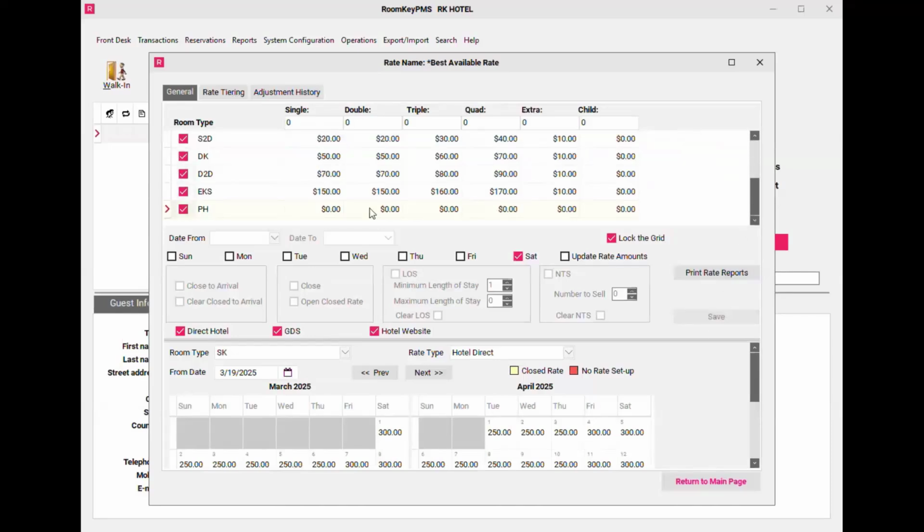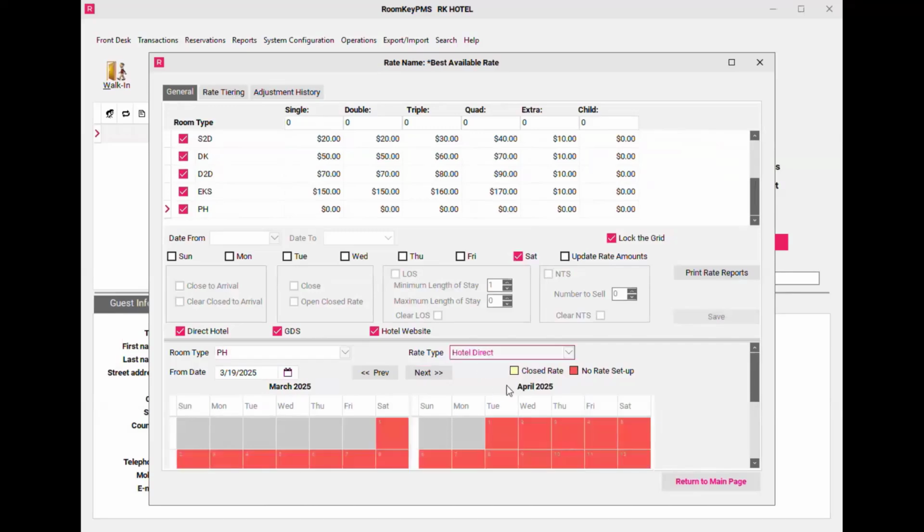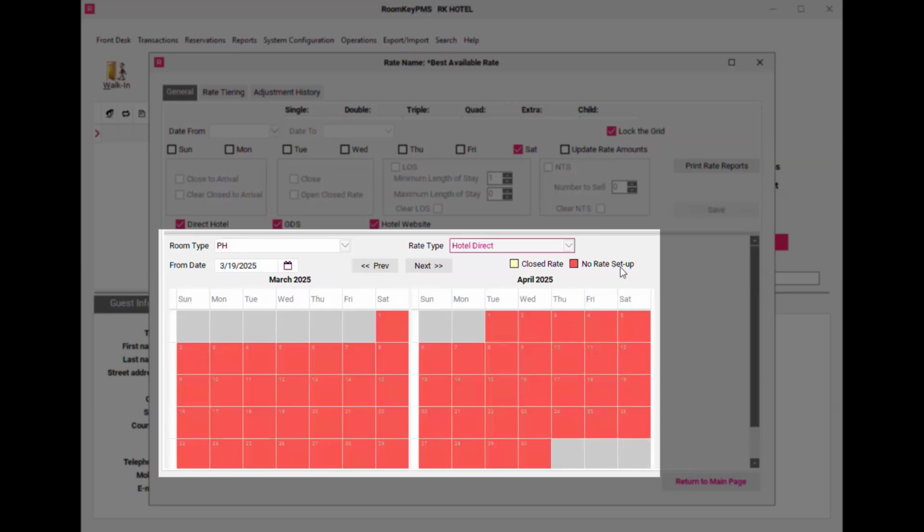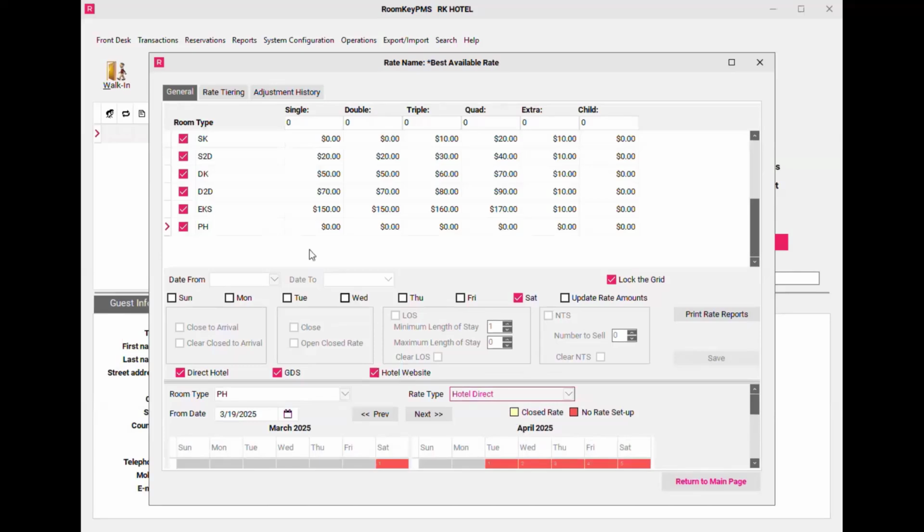In this rate grid, you will now see the new room type appear. And if I look at the rate calendar down below, I'll just make sure I'm looking at the penthouse room type, you'll see that our rate calendar shows that I have no rate set up. So I need to make sure that I'm loading a rate price for this new room type for the best available rate. Now, I only want to add pricing for the penthouse, so I'm going to click Lock the Grid and remove the check marks from the other room types,